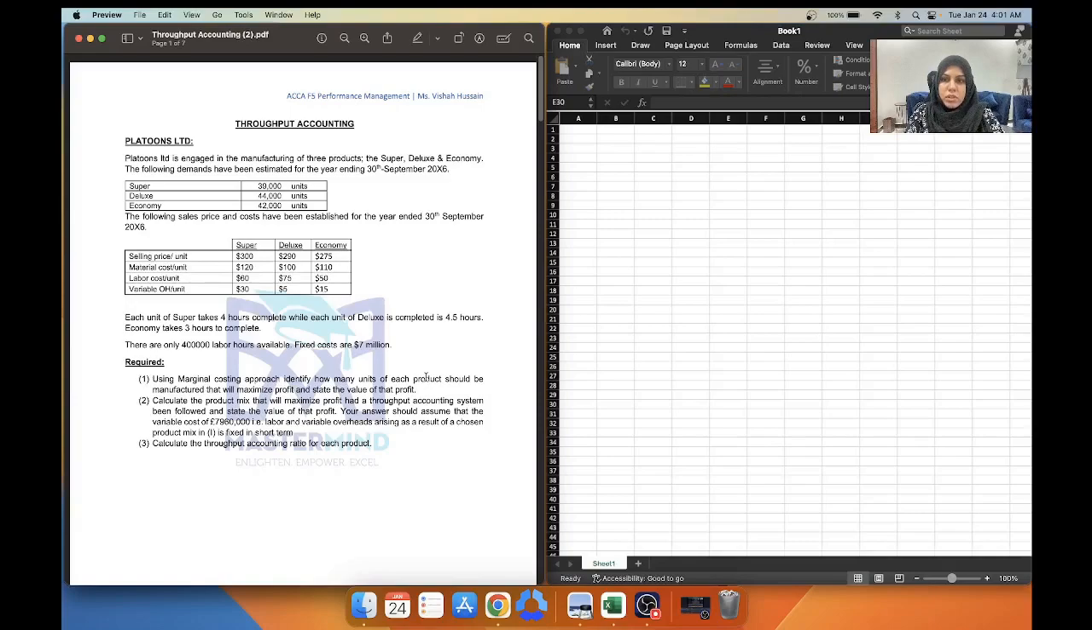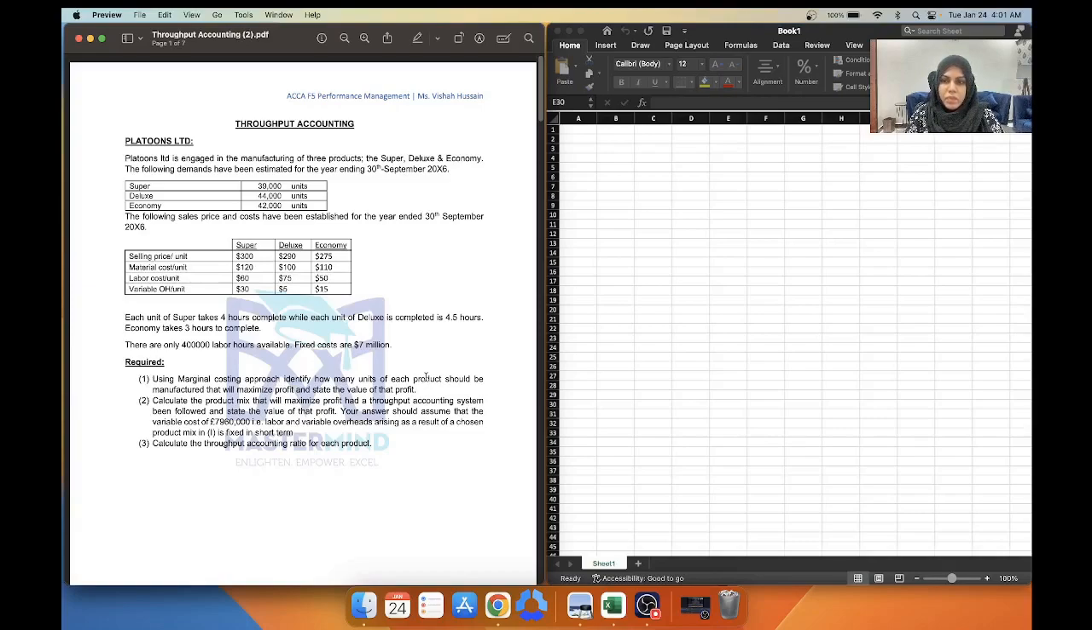The following sales price and costs have been established for the year ended 30th September 20x6. Selling price per unit is given for each of them. Material cost per unit is given for each of them. Labor cost per unit and variable overheads per unit are given for each of them. It says each unit of Super takes 4 hours to complete, while each unit of Deluxe is completed in 4.5 hours. Economy takes 3 hours to complete. There are only 400,000 labor hours available. Fixed costs are